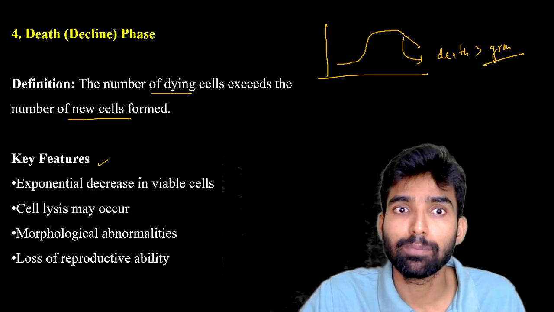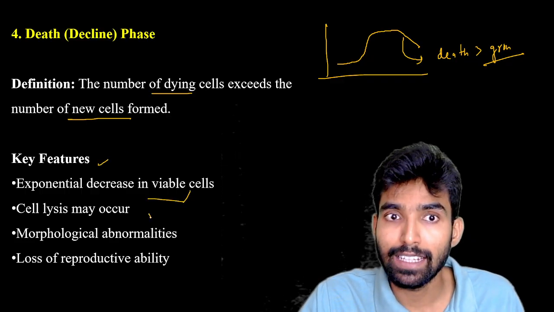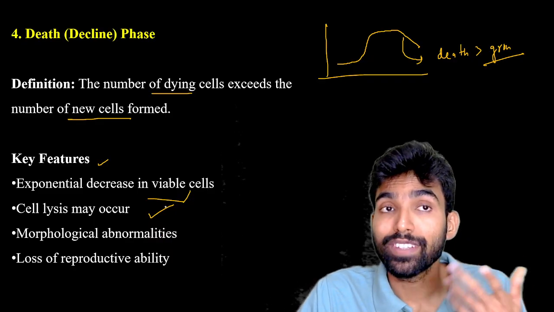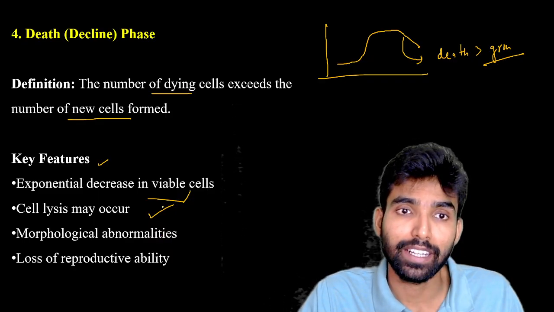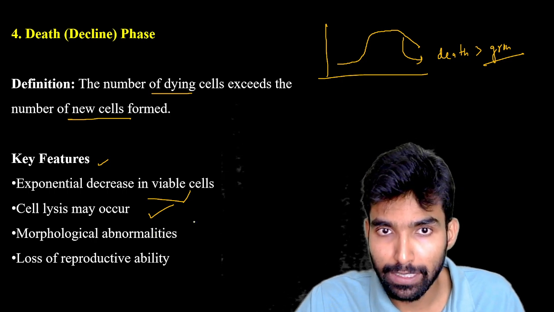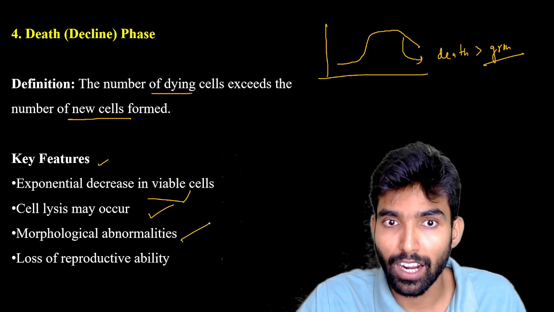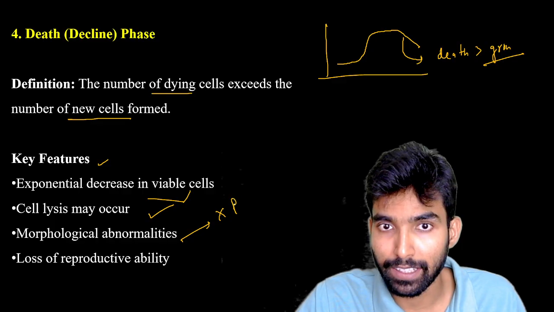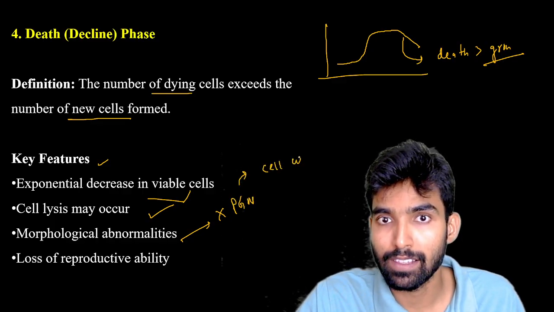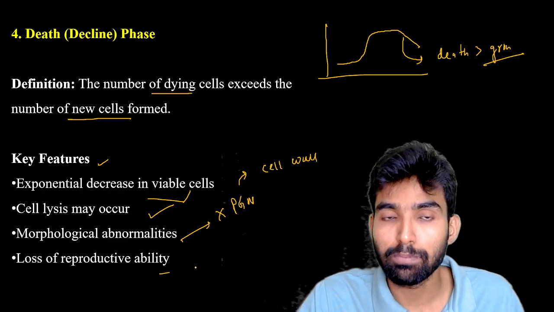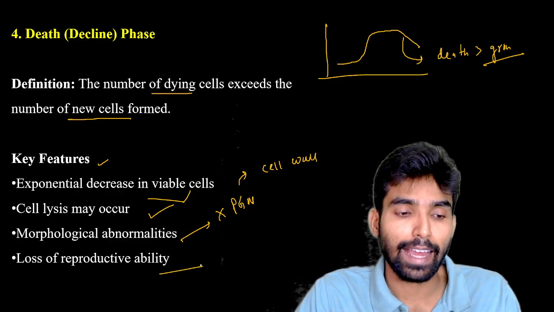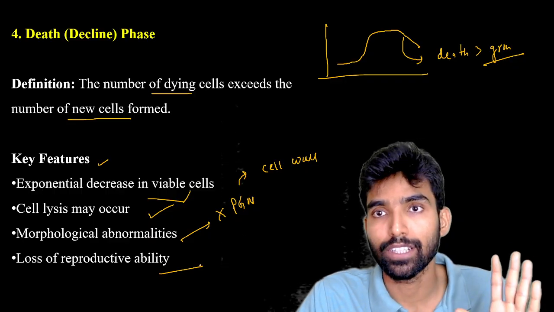The key feature is an exponential decrease in viable cells. Of course, cell lysis may occur, because the toxic chemical synthesized by the bacteria itself can lyse the cell sometimes, and morphological abnormalities can happen. Maybe it's very hard to synthesize peptidoglycan, which is necessary for cell wall development, and there is loss of reproductive ability, right? So there are 4 different phases: lag, log, stationary, and death or decline phase,